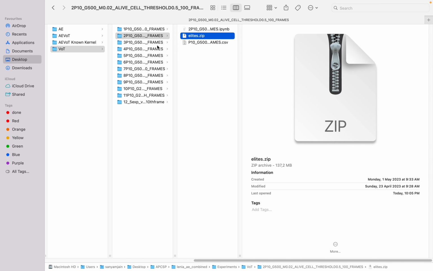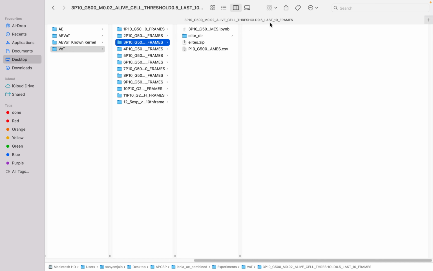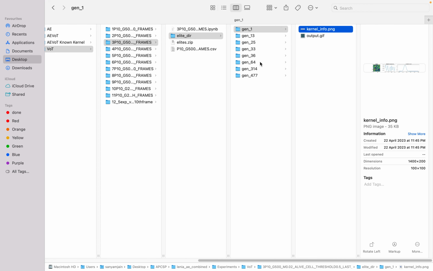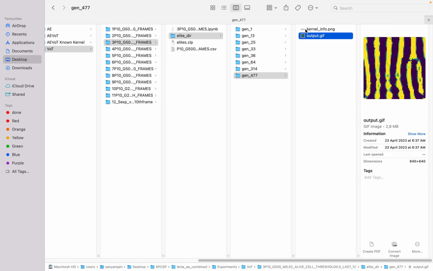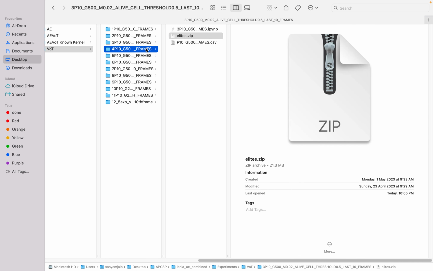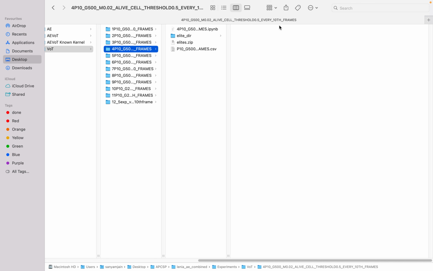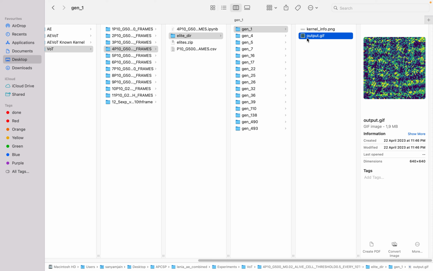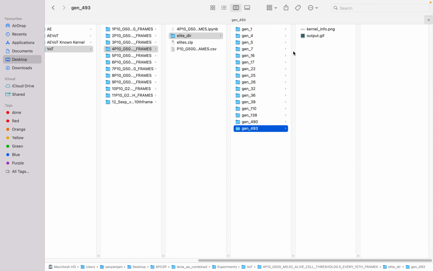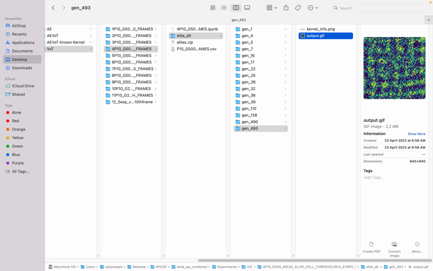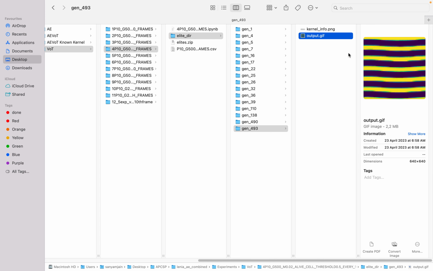We have seen elites here. Let's see elite for last 10 frames and threshold 0.5. So it shows like this. The kernel info looks like this, and this also. Okay, then we have threshold 0.5 every 10th frame, and every 10th frame actually performs well in most of the cases. So here also it should look different, at least it should show there are some variations in